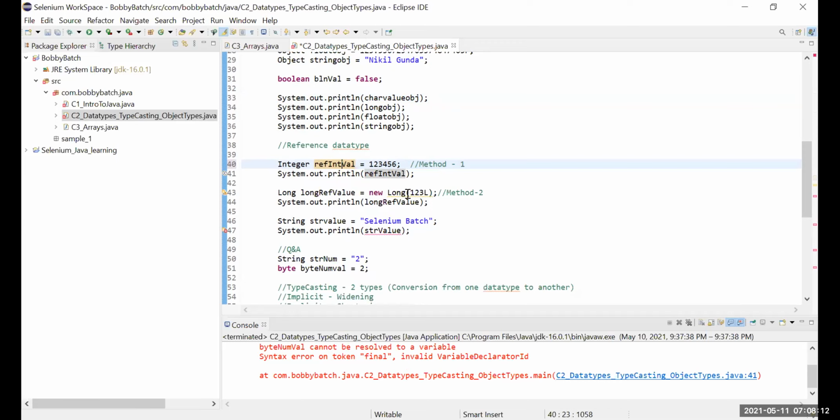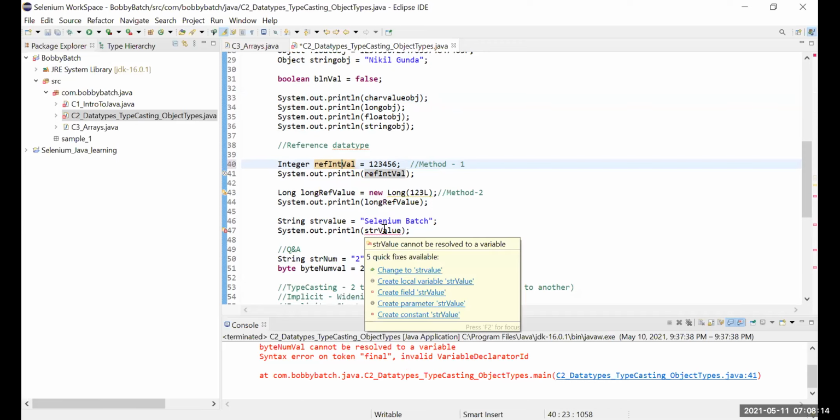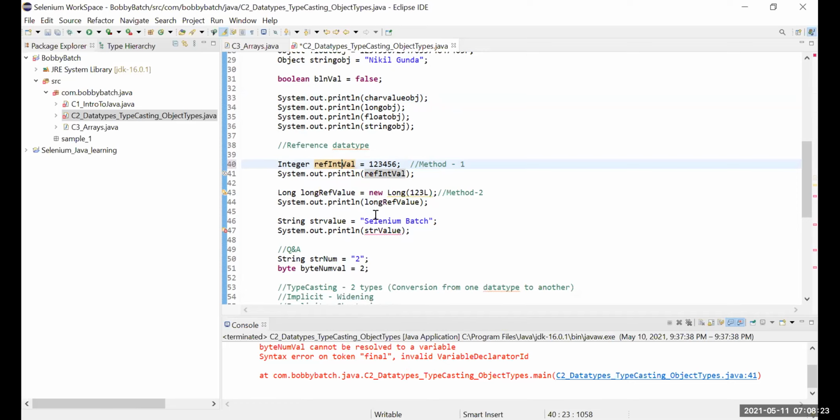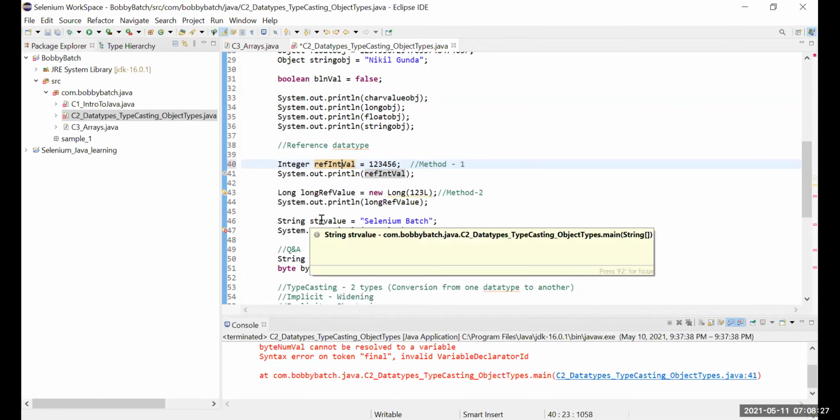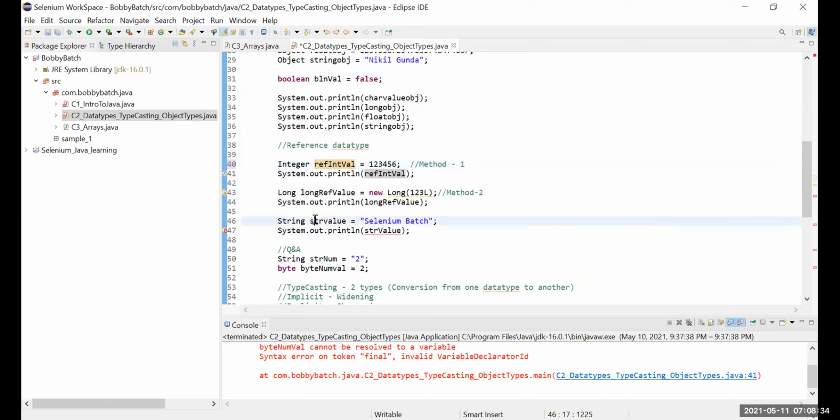So Java is case sensitive, but what did you use? str value. What is it, 46? Capital letter definitely S. Exactly.